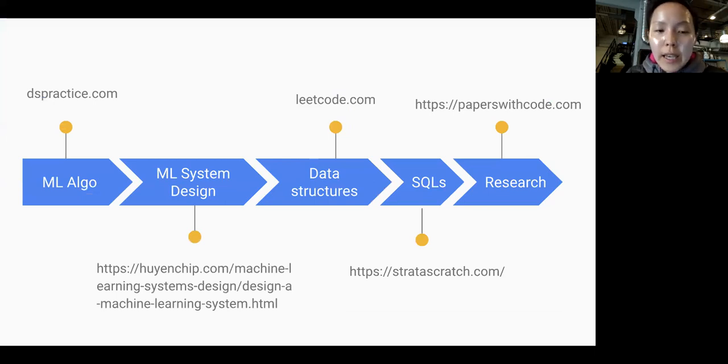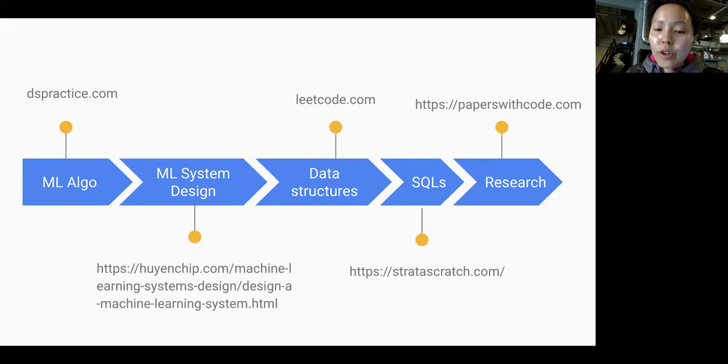So this is the overview of what I went over so far. In order for you to study and prepare for ML algorithms, I recommend dspractice.com. And for ML system design, I highly recommend this book. It's an online book, Designing Machine Learning Systems, by Huyen Chip, who is a really smart and well-known person in this industry. It's a really good resource that you can take a look into. And the next one is LeetCode for data structures. And for SQL,